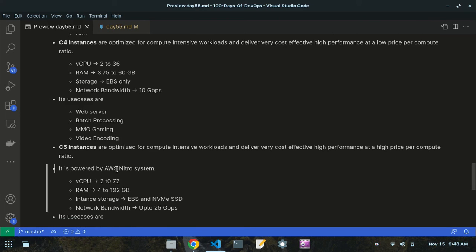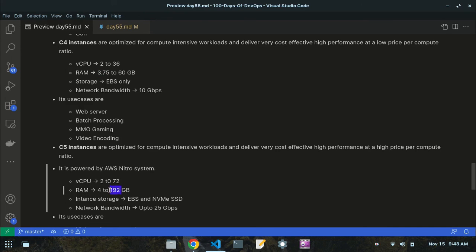It is powered by the AWS Nitro system, and the virtual CPUs range from 2 to 72, but in the C4 instances it was 2 to 36. The RAM ranges from 4 to 192 GB, but in the C4 instances it was 3.75 to 60 GB.